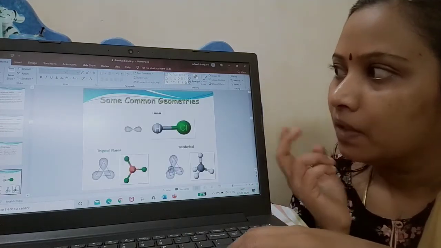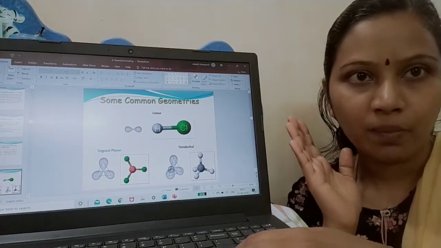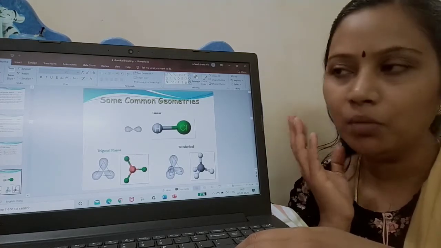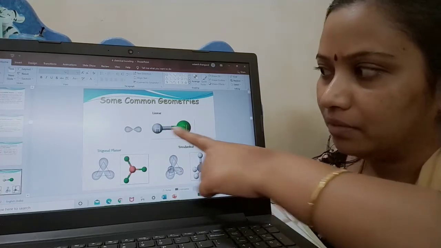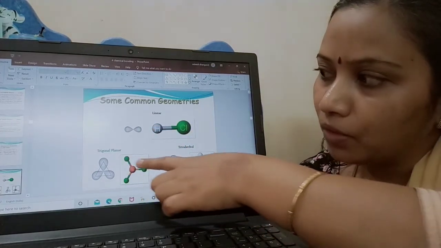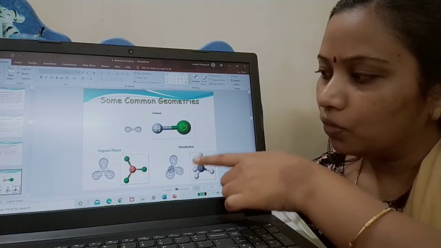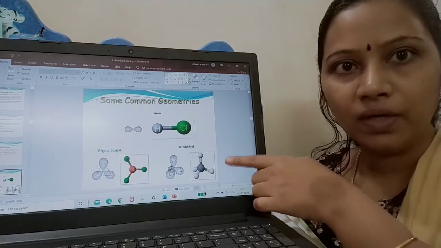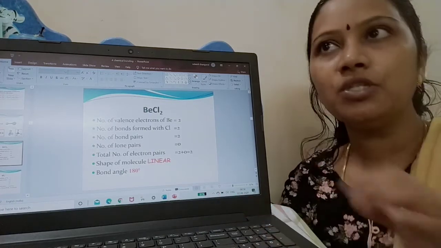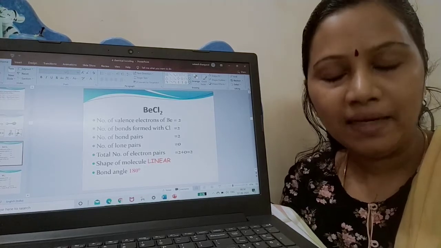Okay. Now, what are the geometries? I told you VSEPR theory helps to predict the molecular geometry of a particular compound. Now, what are the possible geometries present in a particular atom or molecule? This is linear geometry. There are no branches, simply the structure is linear. And this is trigonal planar: 1, 2, 3. Trigonal planar. Here you have 4, so it is tetrahedral: 1, 2, 3, 4. Tetrahedral. So now we have seen 3 possible geometries: linear, trigonal planar and tetrahedral.